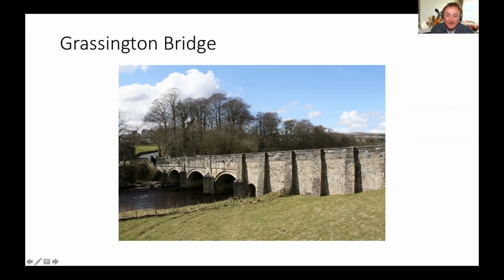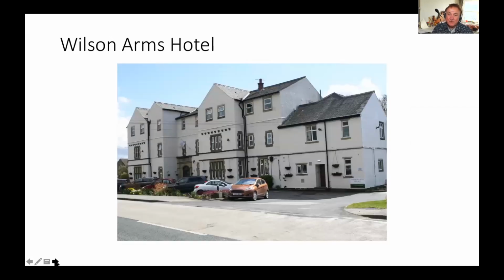But before that, we're going to come up here, which is Station Road, which leads up to the main road from Skipton. And this is where the railway came in 1902. I think they call it the Yorkshire Dales Railway. And the station here at Threshfield was actually called Grassington Station. And so this is really all that's left of it. This is the care home today, but it was called the Wilson Arms Hotel. It was called the Wilson Arms because